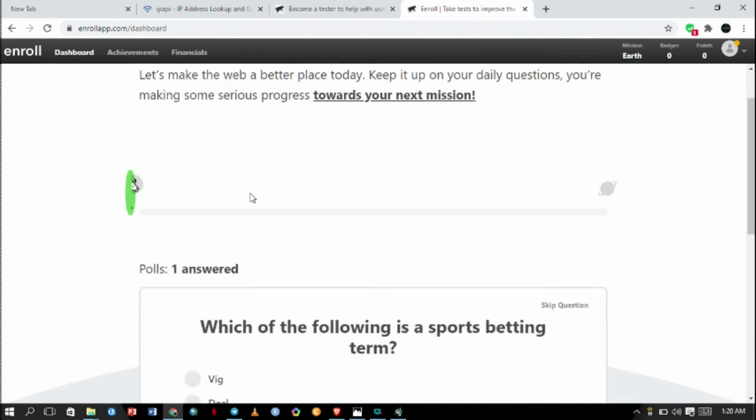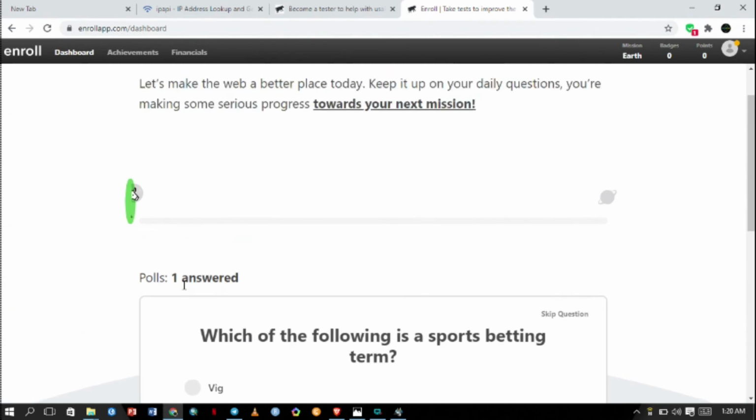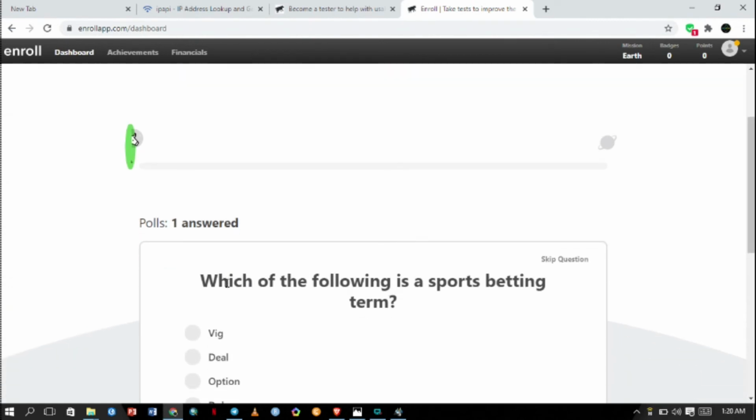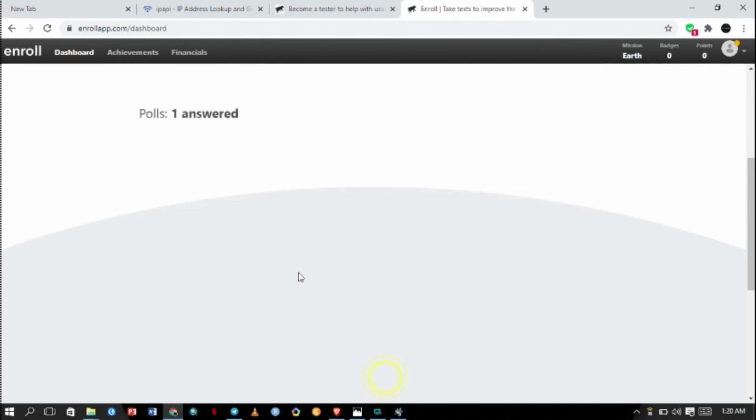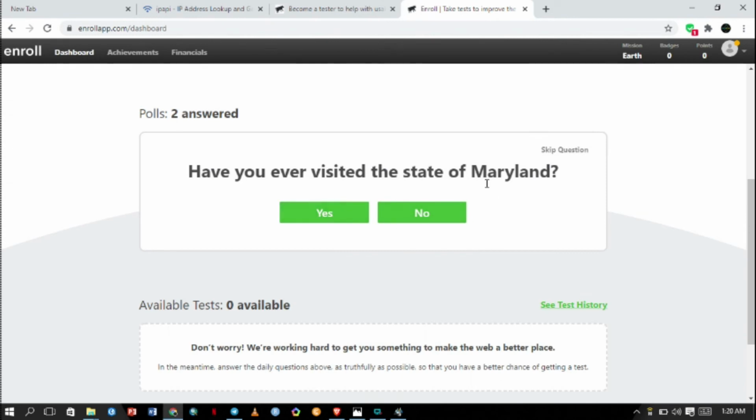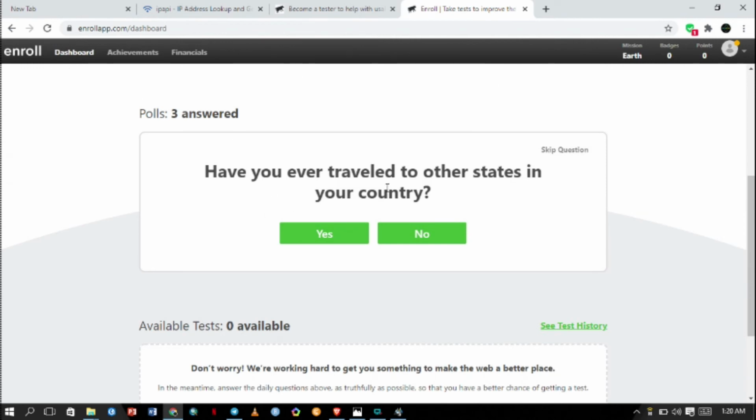So as you can see, for example, here I've just completed just one answer. One poll, or rather one answer, is equal to 1 point. So you have to complete several points, and it's actually very fun. When you're free, you can just answer them randomly. The more polls you complete, the higher your chances of being invited for a test. So when you continue doing them,